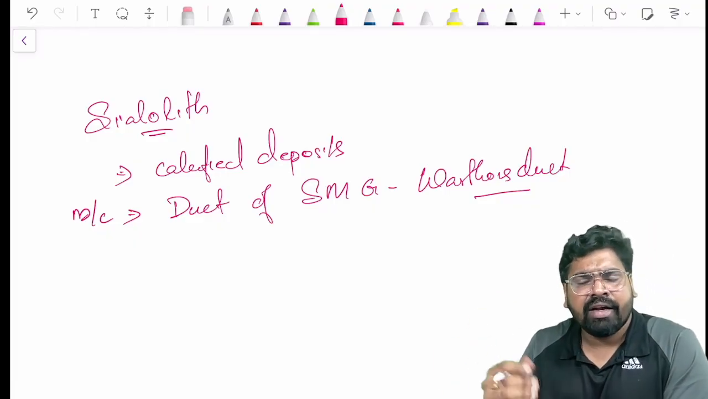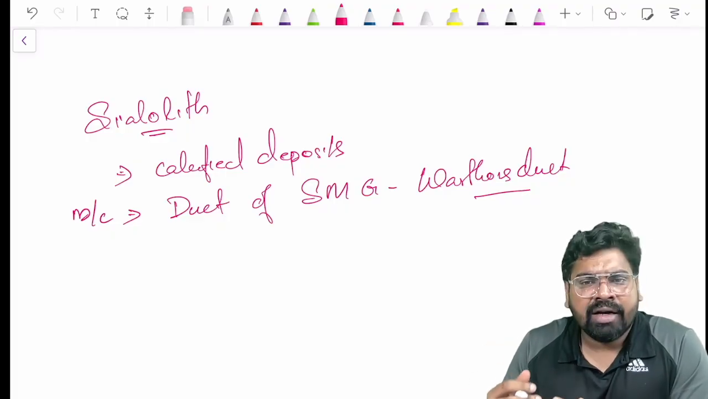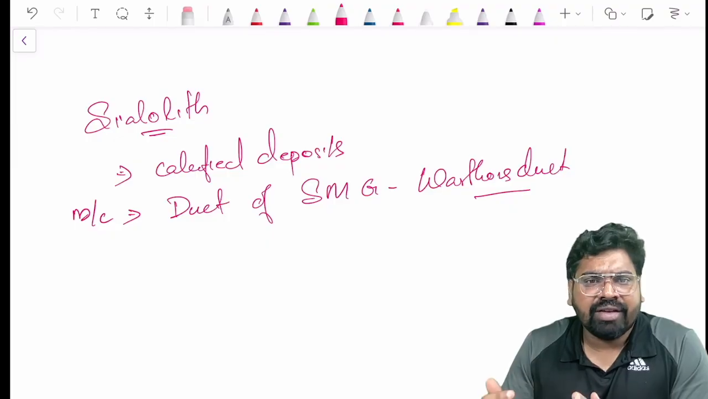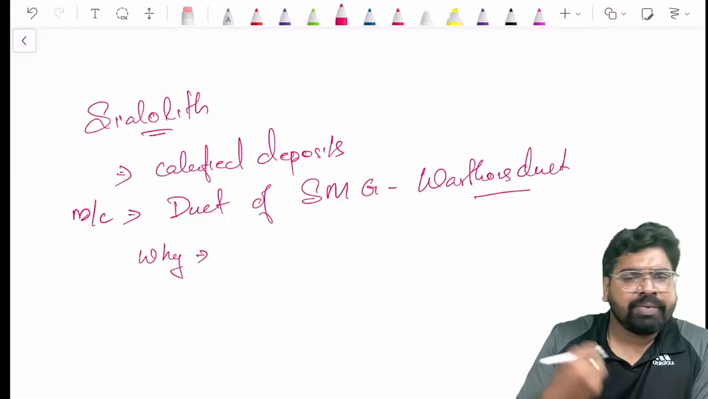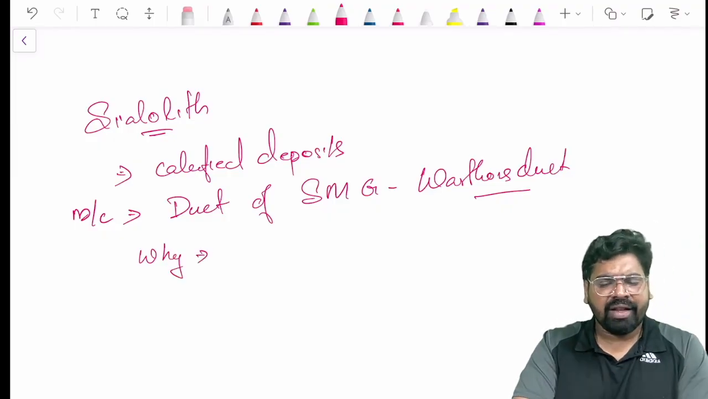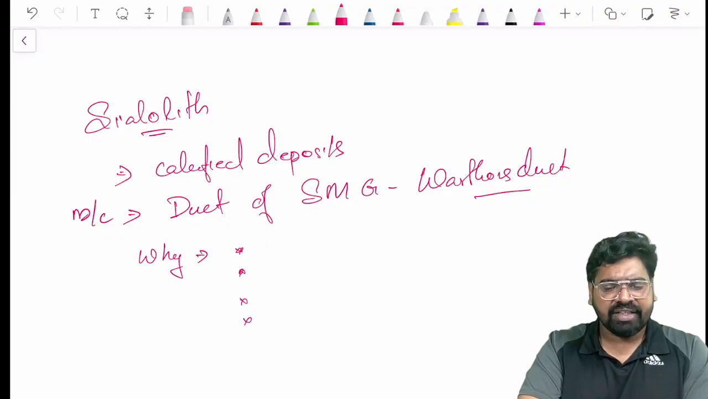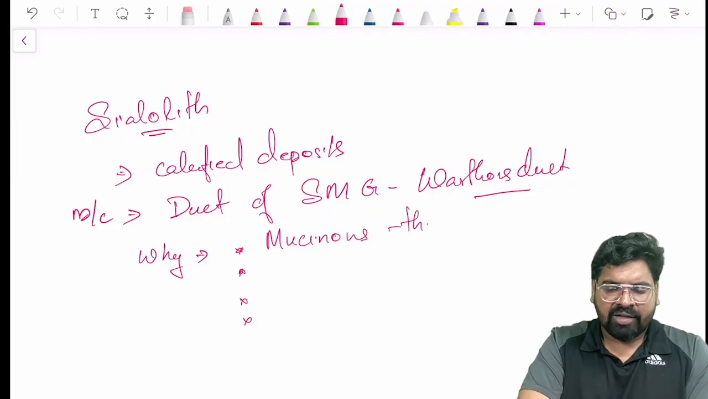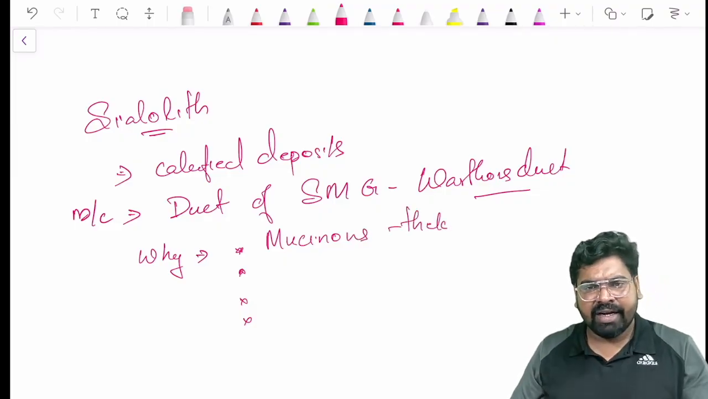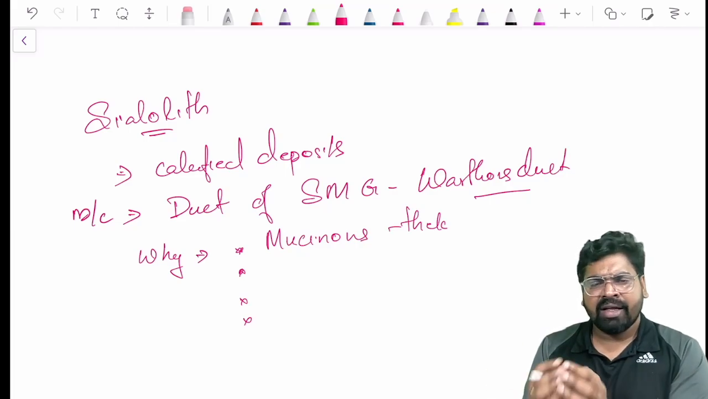Stensen's duct is the duct of your parotid. So Wharton's duct is the main duct where you can see the sialolith. Now, why does sialolith usually occur in the Wharton's duct? There are so many reasons they list out. I think this is pure basics. The submandibular salivary gland secretion is more mucinous, so it is very thick. So the flow is limited, and there is a chance that the saliva gets pooled there